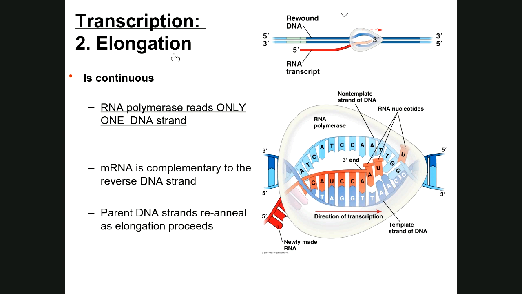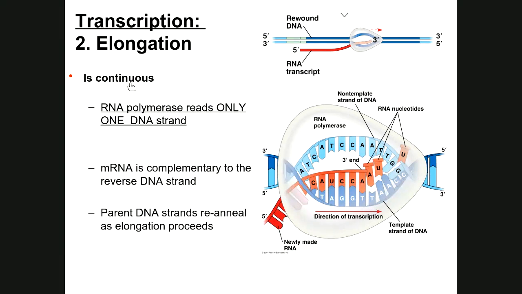Once initiation has been completed, that first basic step, the second basic step can occur now: elongation. First of all, elongation is continuous. Again, if you watch the recording on Chapter 16, DNA replication, the synthesis of the new daughter strand is not always continuous. It could be discontinuous or continuous, leading to a lagging strand or a leading strand of daughter DNA. That's not the case for the transcription